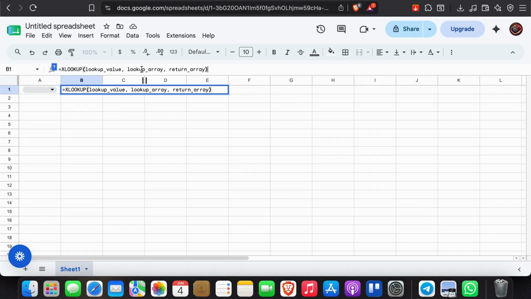So set up your cell, define the lookup value, define the lookup array, define the return array, and close the parenthesis. And basically hit